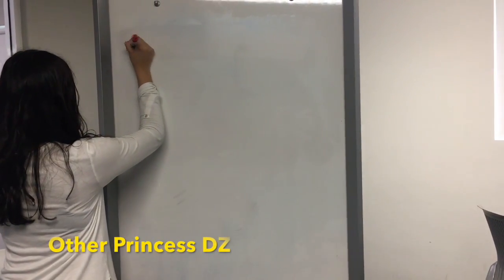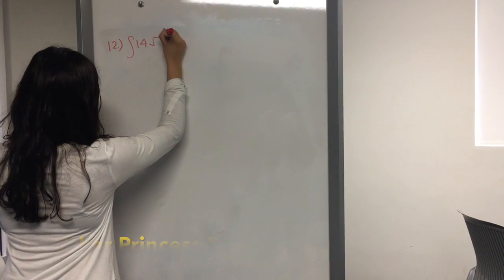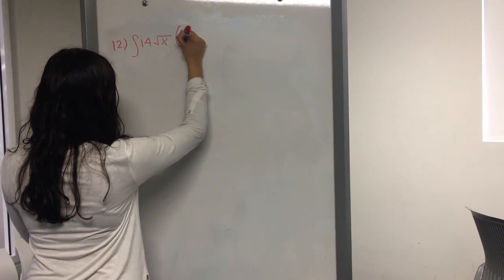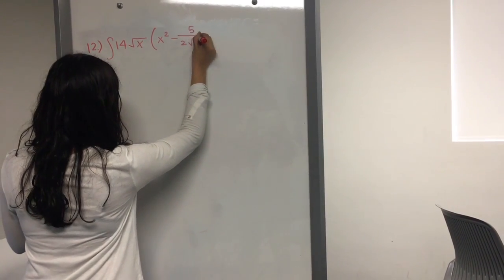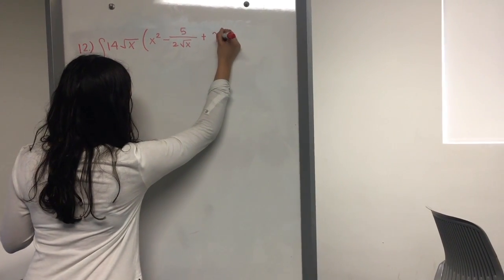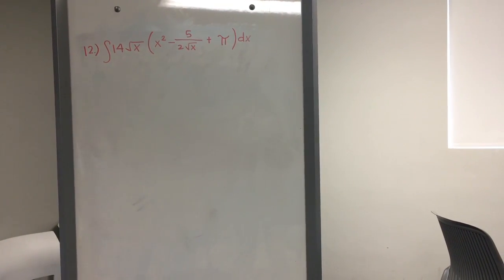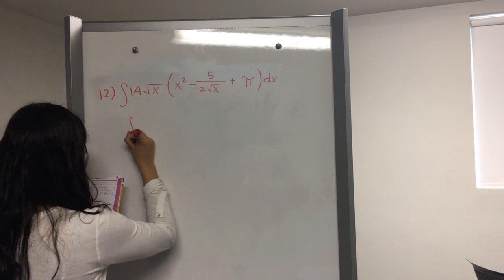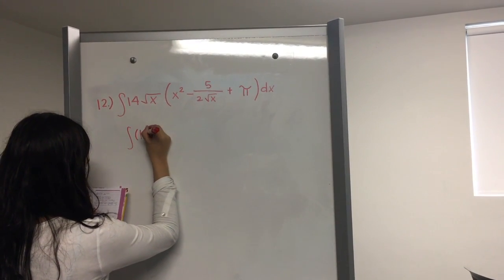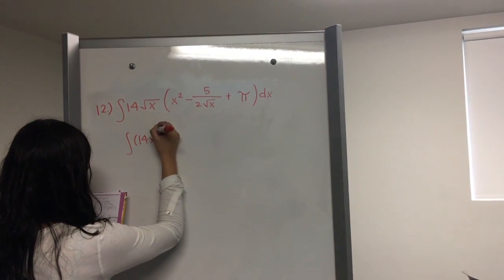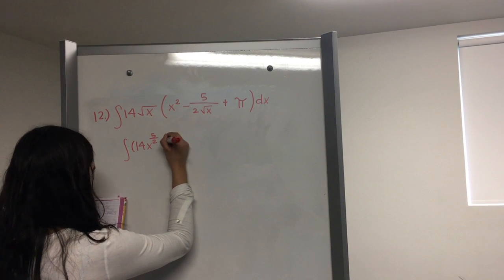Integrate the following. Problem number 12. 14 square root of x times x squared minus 5 over 2 square root of x plus pi times dx. First, we need to use distributive property. When multiplying 14 square root of x times x squared, we have to add the exponents. So this will give us